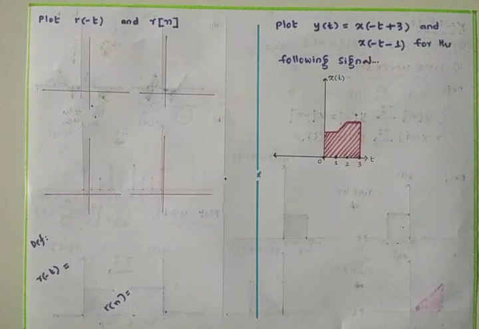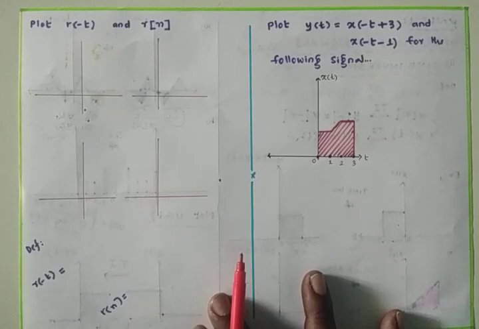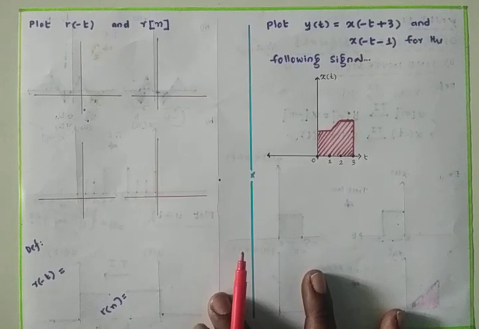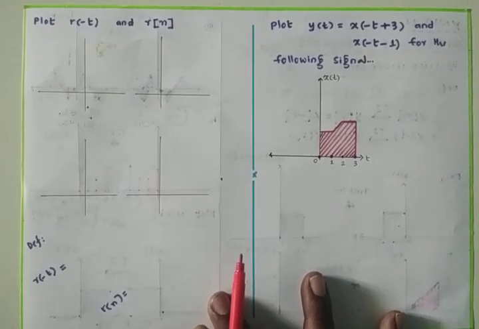In the last class, I gave an assignment to draw r of t plus 1 and r of t plus 2 by applying the time shifting operation, but most of you did it wrong, and most of the people didn't answer that question. That is a witness that the students are not watching the videos. Anyway, students, we are giving our best. If you are not watching the videos, that is going to reflect in your studies, so don't do that.